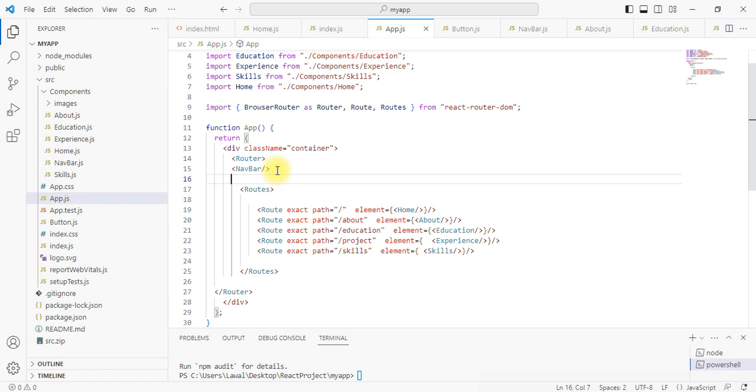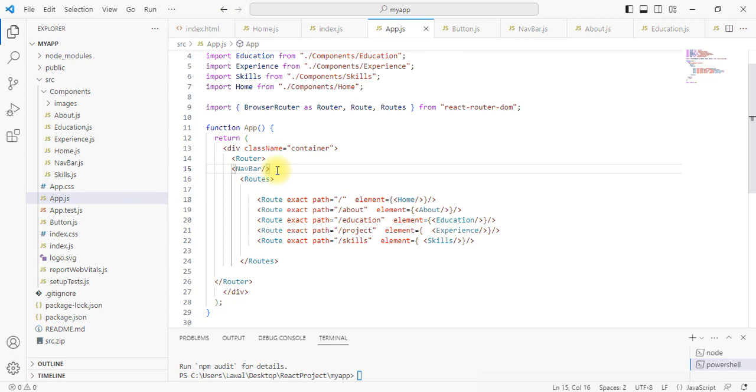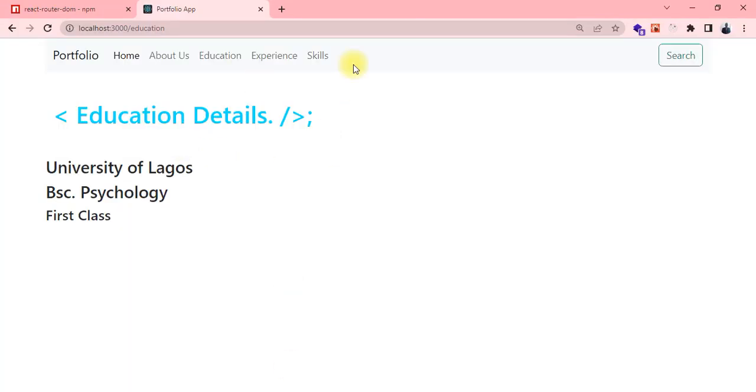But if you have it separately, if you have any component that, irrespective of the page you are on, must show, then you put that between the router and routes, and between the routes and router at the closing. So let's see what we have for now. Because we are on slash education,